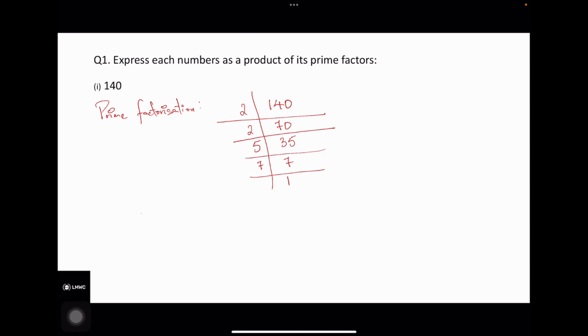So now the prime factors of 140, you have to express it in this way. So 140 equals, write down all the prime factors in this column. So we have 2 times 2, and we have prime number 5 and prime number 7. So this is the answer for the prime factors, the product of prime factors of number 140. So like this, we have to proceed for the next sub questions. So next we have